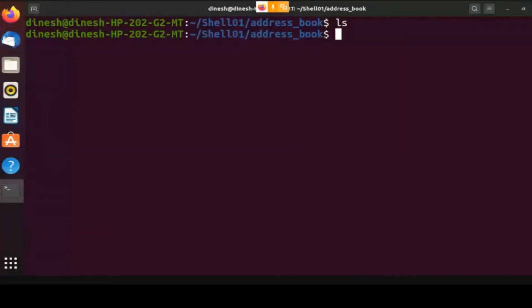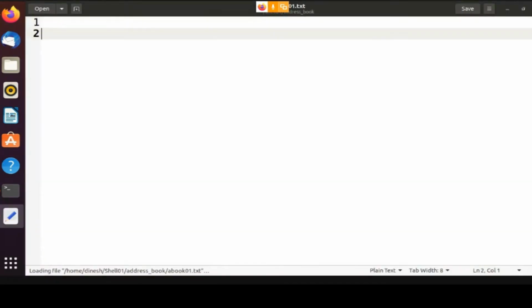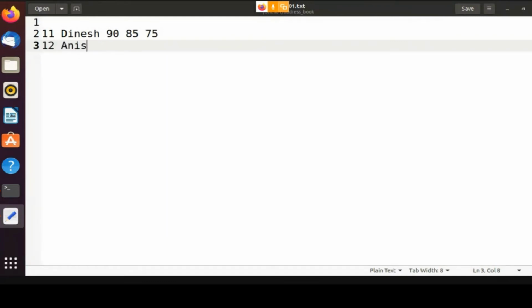Let's say you have a sample here. So these are my roll number, name, and some marks. Another person is having some other marks.